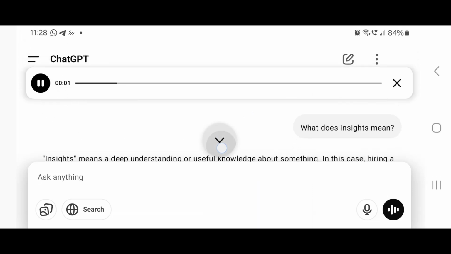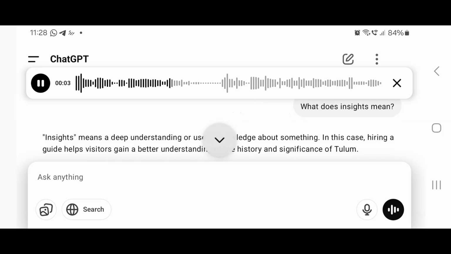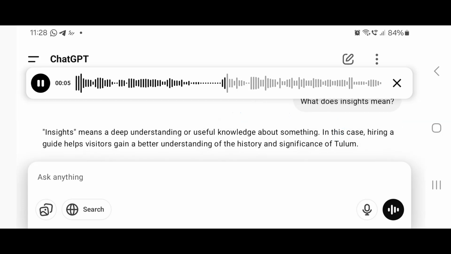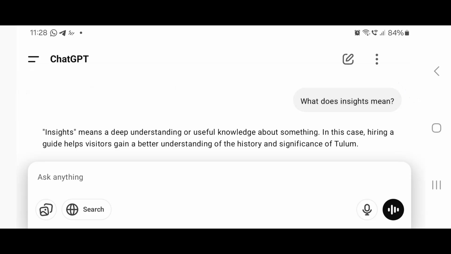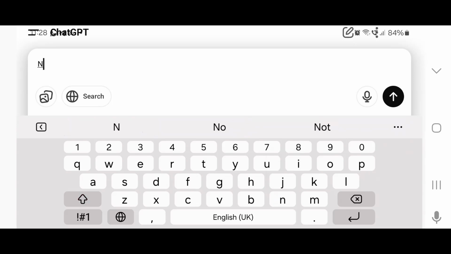Insights means a deep understanding or useful knowledge about something. In this case, hiring a guide helps visitors gain a better understanding of the history and significance of Tulum. The explanations of vocabulary are good and contextualized.